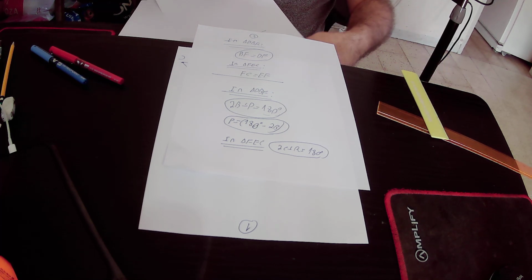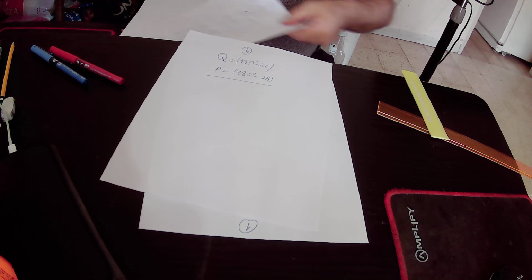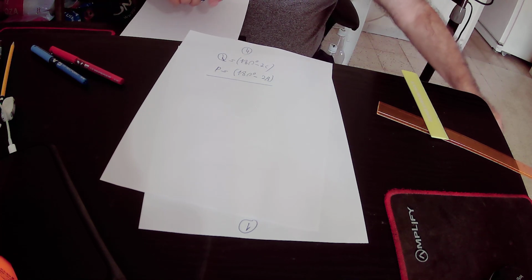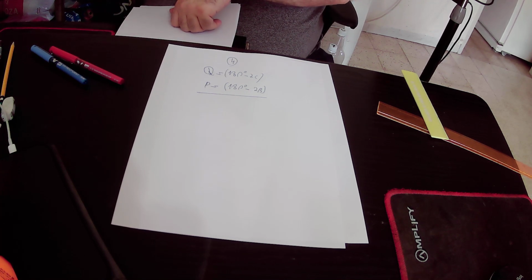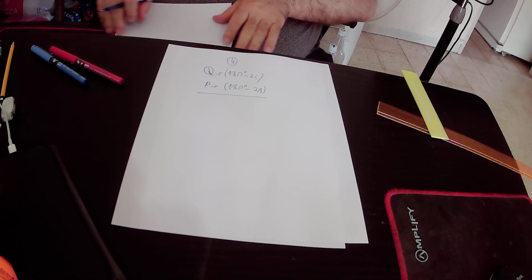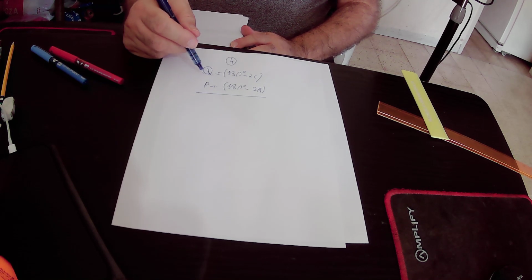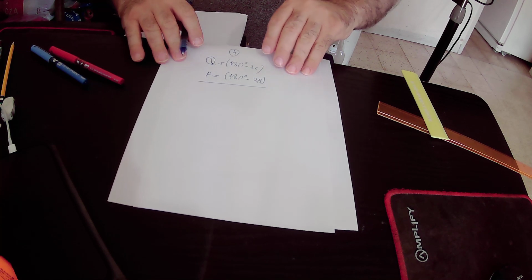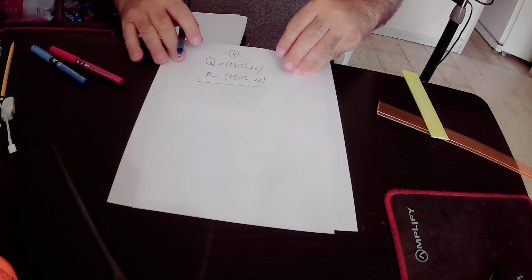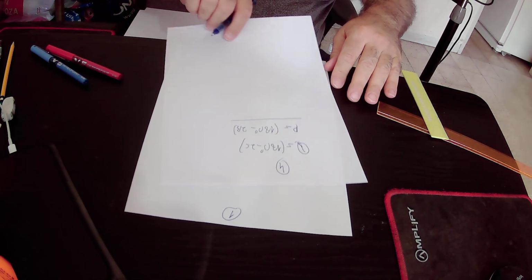So we actually found out that angle Q equals 180 degrees minus 2C, and angle P equals 180 degrees minus 2B. In the next step, we will add Q and P together. We will add Q to P, and we will get that Q plus P